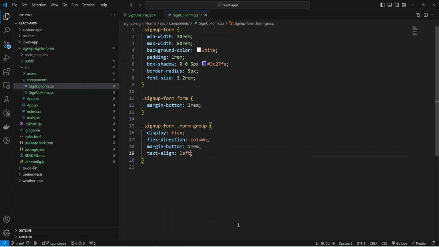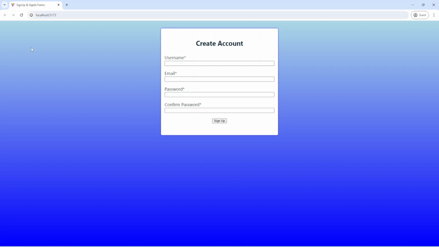Okay, save, and let's check. Okay, we have our form. I can refresh it, and so our styles for form group were applied, and now we can add styles for our label, and increase the size and colors for input.